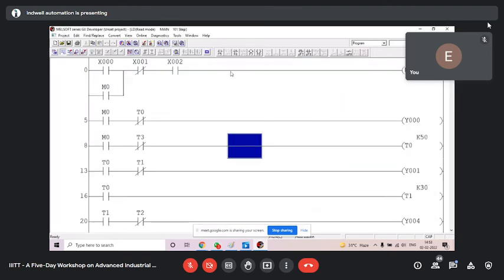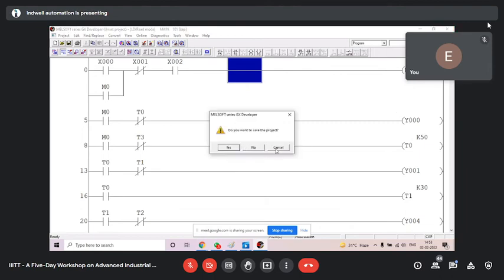Now, as I received, you see, just now I have taken the program from the PLC. It is not the program I have saved. No, it is not the program I have saved. You can see this. I close it. Now it is asking to save it because it is not saved. Okay, no. So this is your program which has come from the PLC just now.